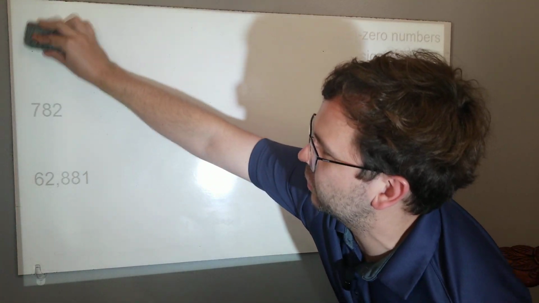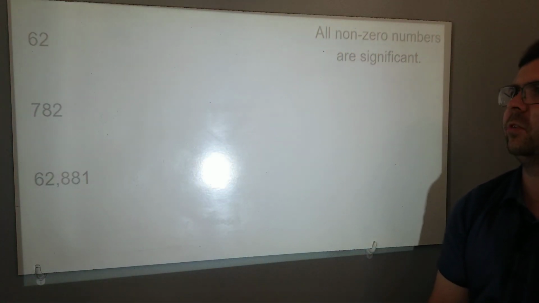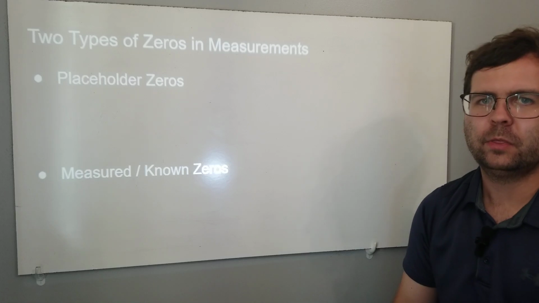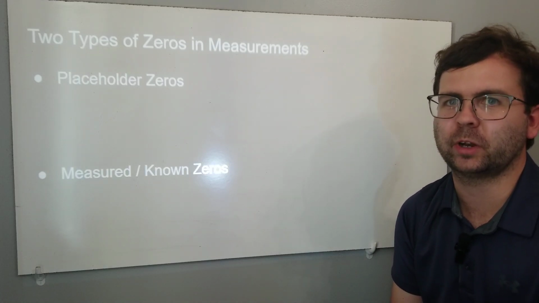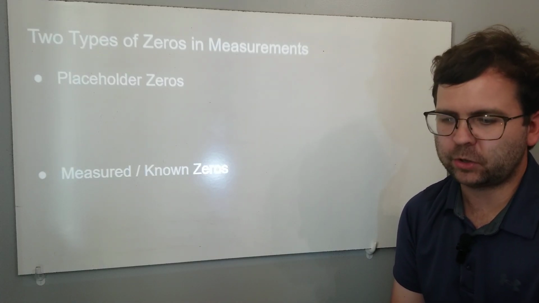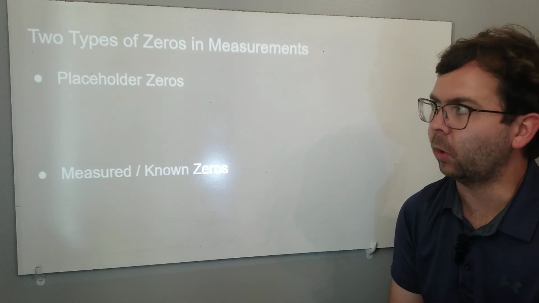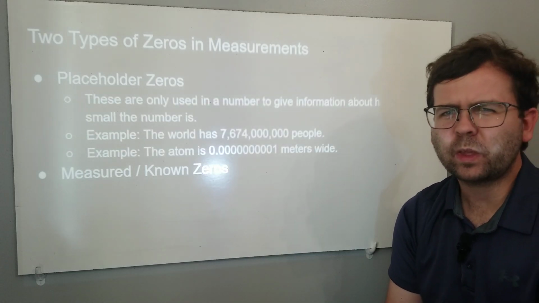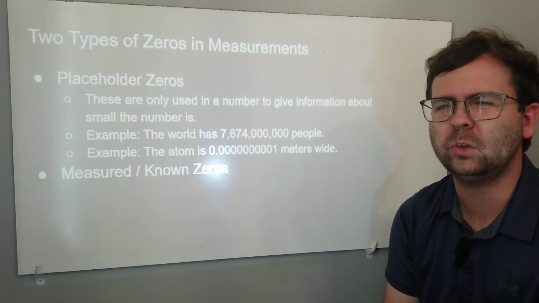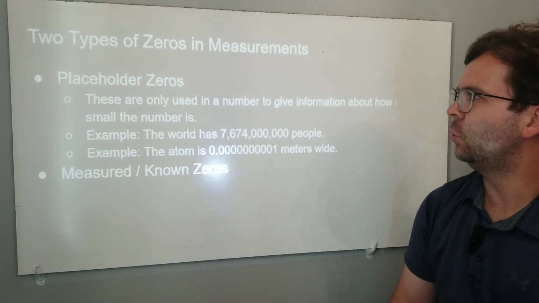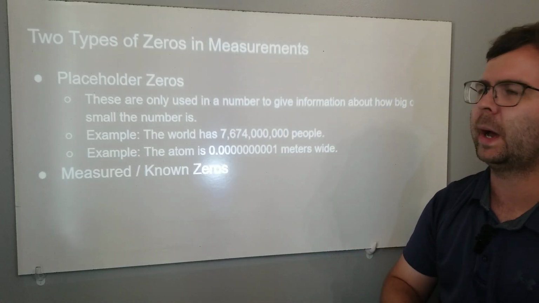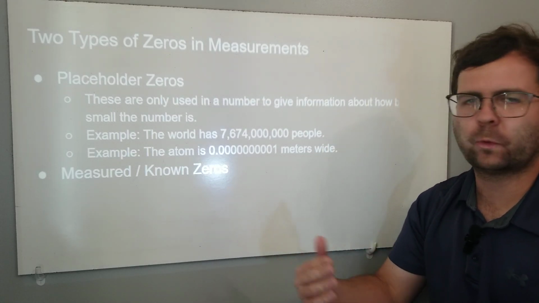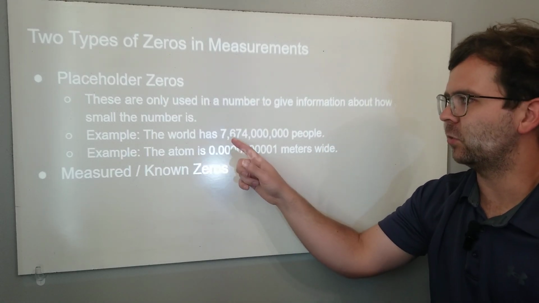Let's look at some digits that are not significant. And that takes us to zeros. So the number 0 is a special kind of number in science because it could be significant or it could be a placeholder. What's a placeholder 0? These are zeros that are only used in a measurement to give information about how big or how small a number is. So for example, the world has